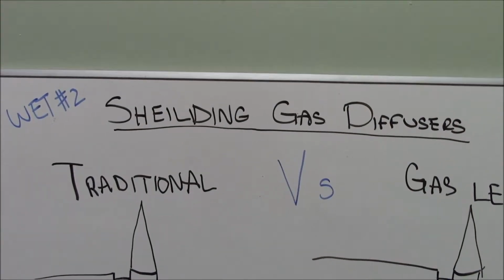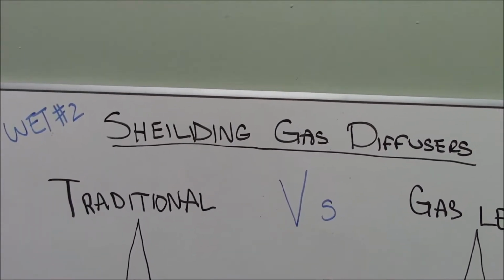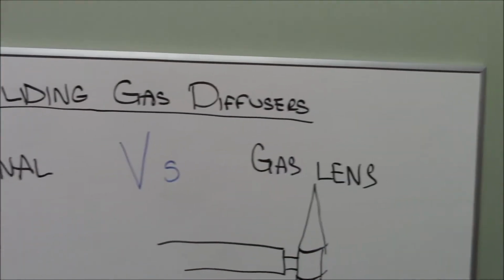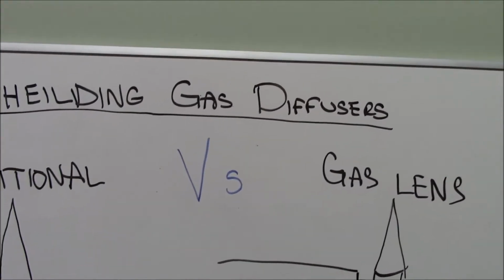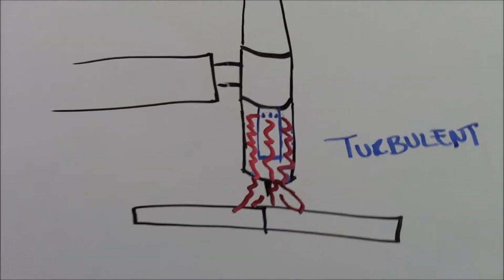Alright, welcome back. This week's topic number 2 will be shielding gas diffusers, and we're going to do traditional versus a gas lens type. So, to describe a traditional gas lens,